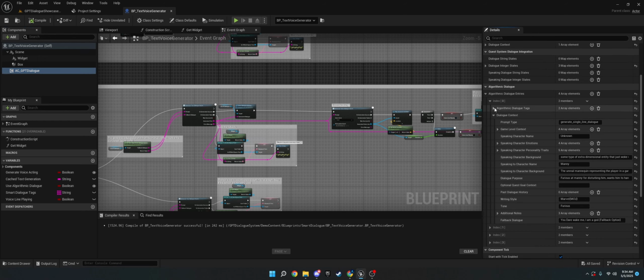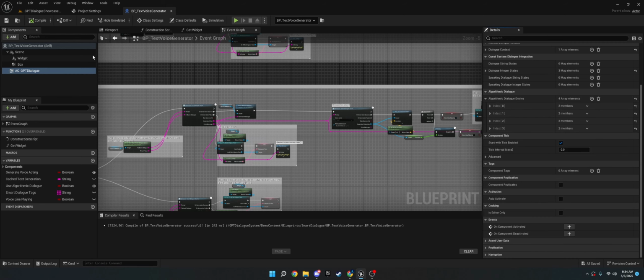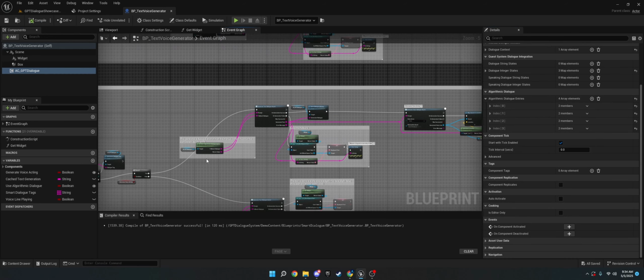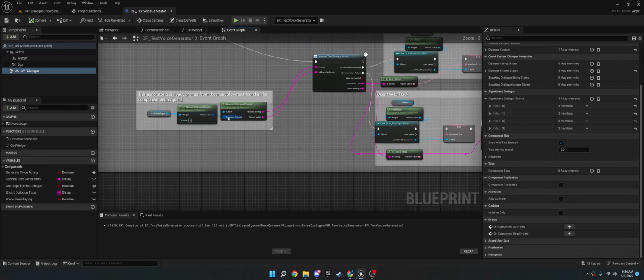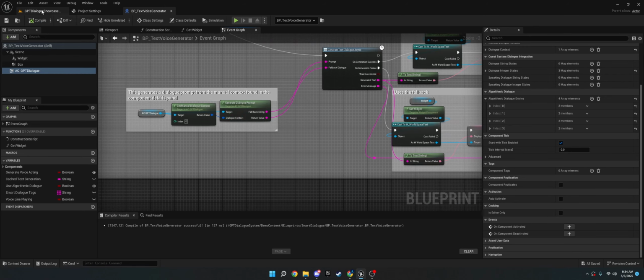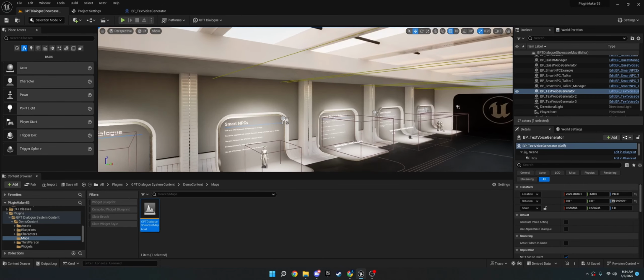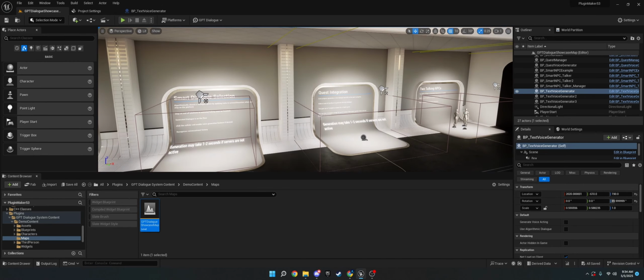So I mean that's pretty much it. The next thing I'm going to show you is the quest, because the final thing is the quest and the smart NPCs. So in this one we're using manual dialogue. I'm going to go to the quest integration. So if we go here,